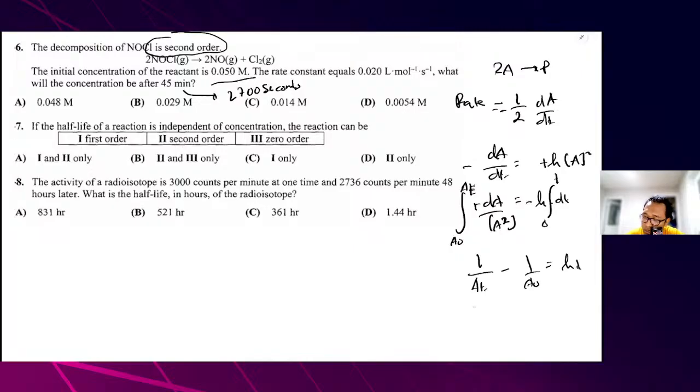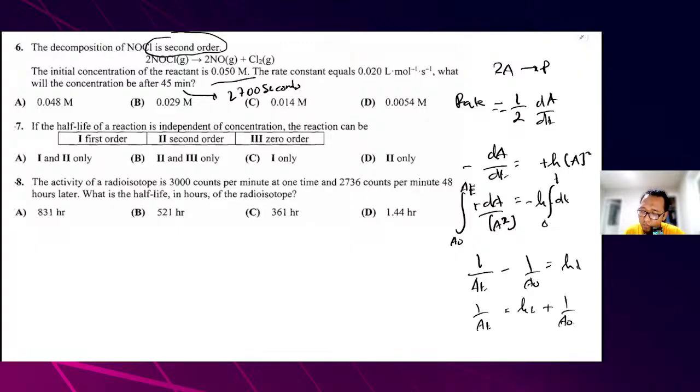So at the end, 1/at will be kt plus 1/a0. This is for the second order reaction. If we are dealing with this equation, we need to consider a lot of stuff, right? So using this way, we can see,